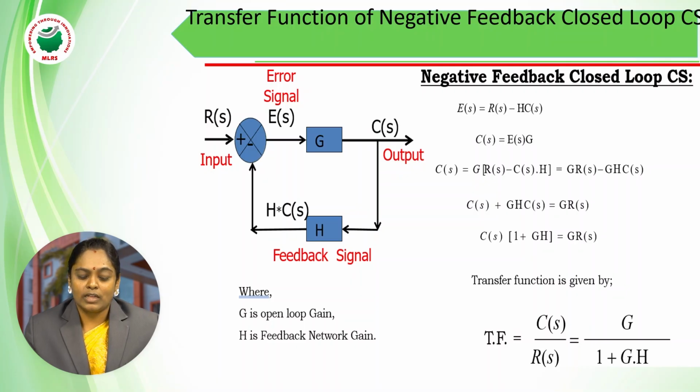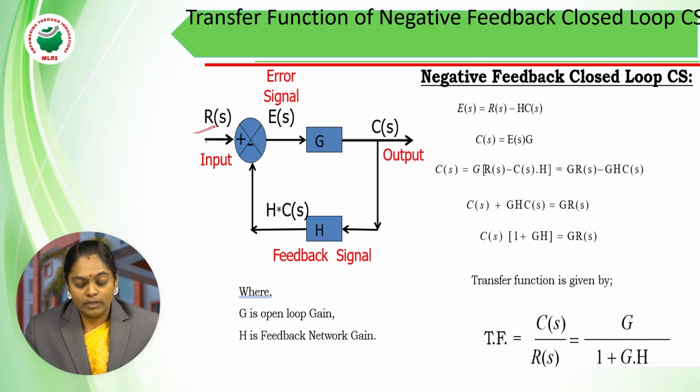One is a reference or a command input. So for this system, the reference input or command input is R(S), the actual signal is the error signal E(S), and the output is C(S). Similar to the previous case, the first thing is to write down the expression for the output of the system. So how can I represent the error signal E(S)?